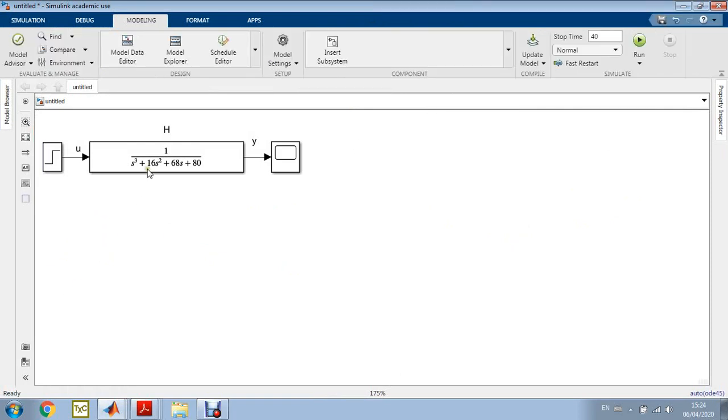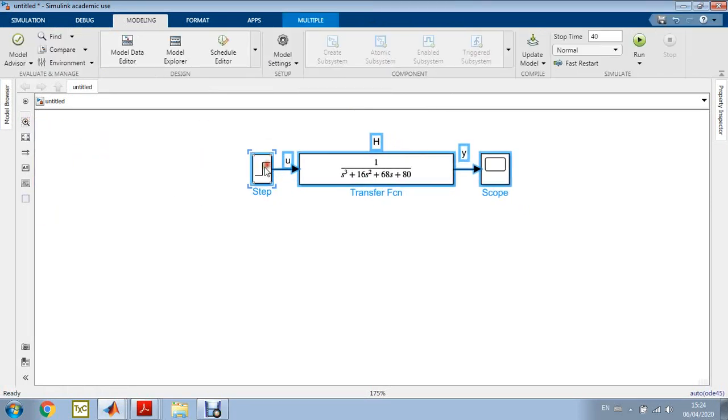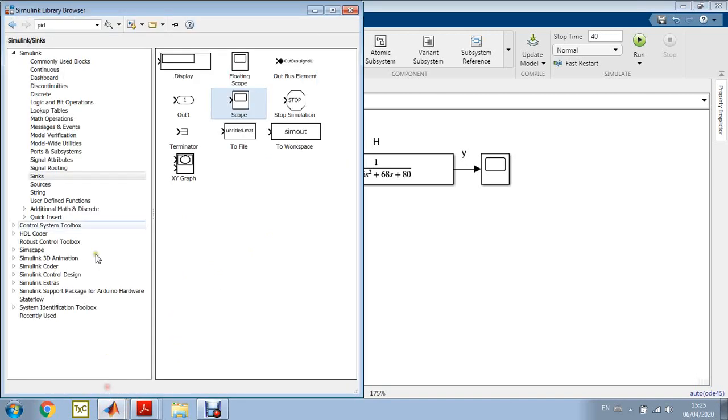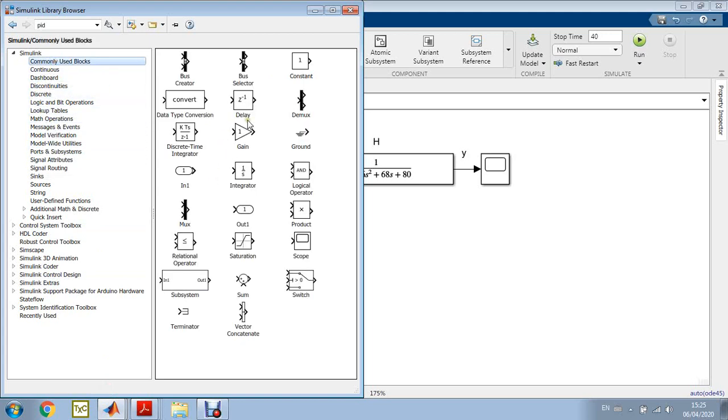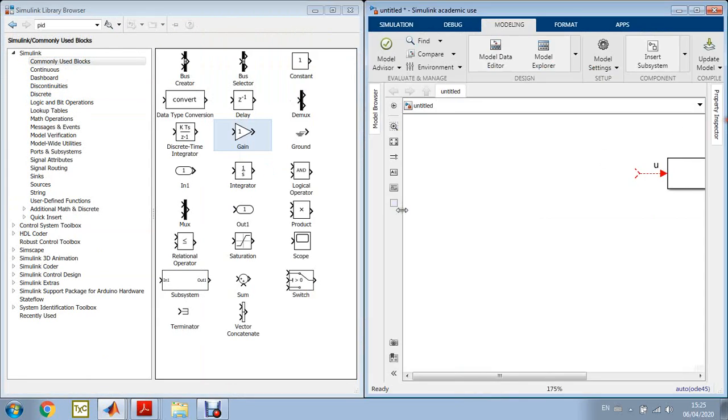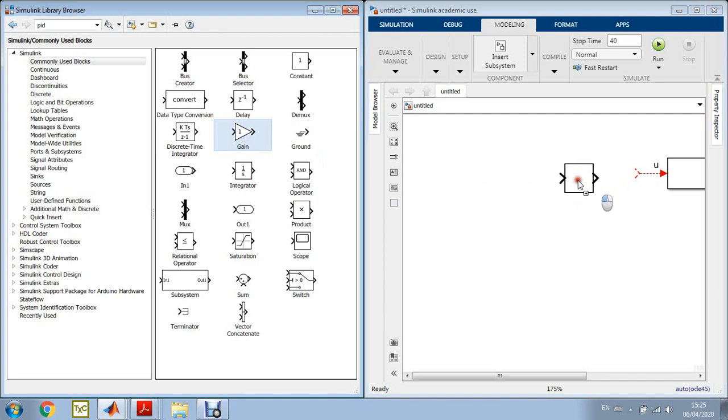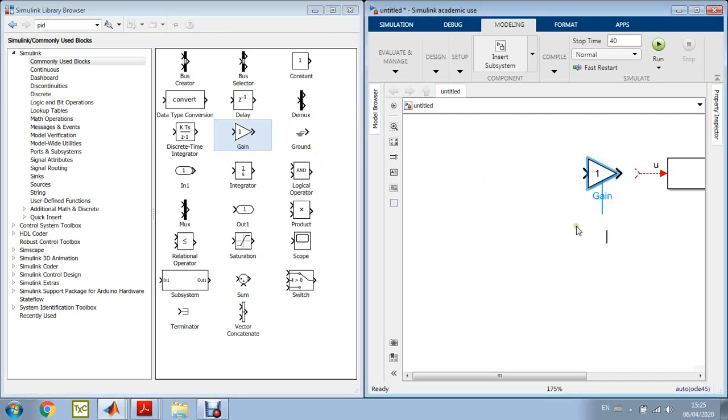So how to include the feedback loop? Well, if we include the feedback loop, then U is not free anymore, so we just have to get rid of this step, and U will be the result of another block. Considering that the block in this case is just a scalar gain, we can just use the block gain in the commonly used blocks. It's this one. It looks like a triangle because this is the symbol that in electrical circuits they use for gains. So this is our gain, and we just write K inside,